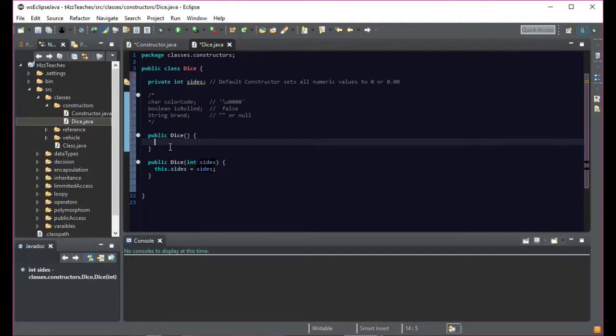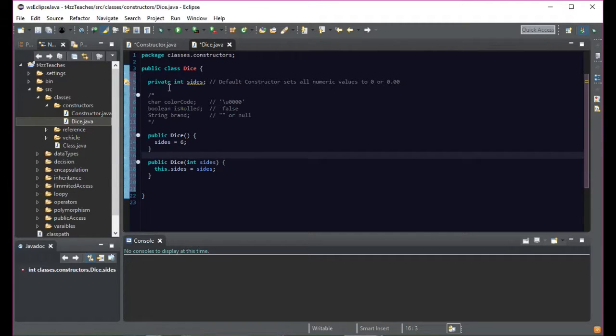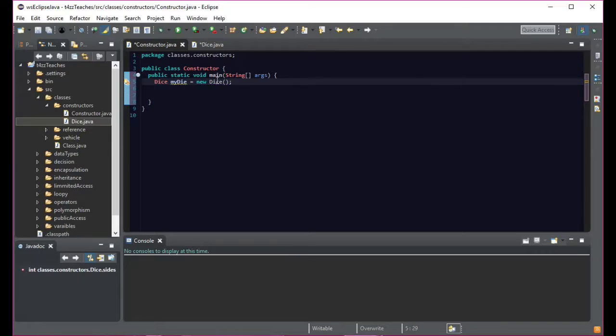Now, in order for this to work, like if we wanted a default set of sides, so this is if we want the person to say how many sides is on a dice. If we wanted a default value whenever this is launched, we could also say sides equals 6, right? So now if I create a dice down here, like my die right here, and we don't have anything in there, and then we create another one,